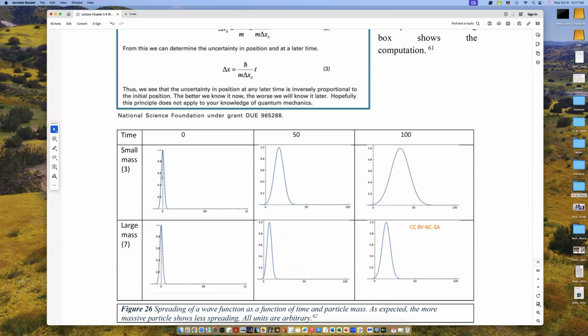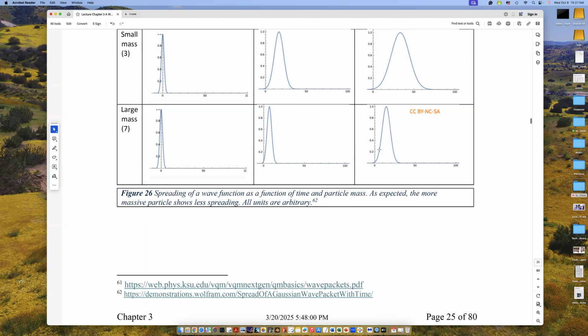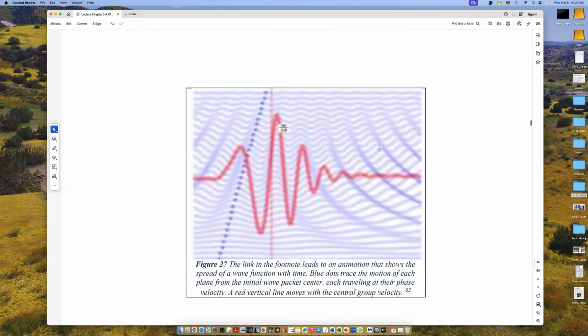If you have a small particle confined in a quantum mechanical environment and you just leave it alone, the wave function starts out looking like this and eventually ends up looking like this. For a small mass, it spreads more. For a larger mass, it spreads, but not as much. So again, the wave function is sort of like water. Or another example, I used a rock garden a minute ago, but you could say if you just pour water on your fingers, some of it's going to leak through. The quantum system does not want to stay static, and they spread out sort of like this.